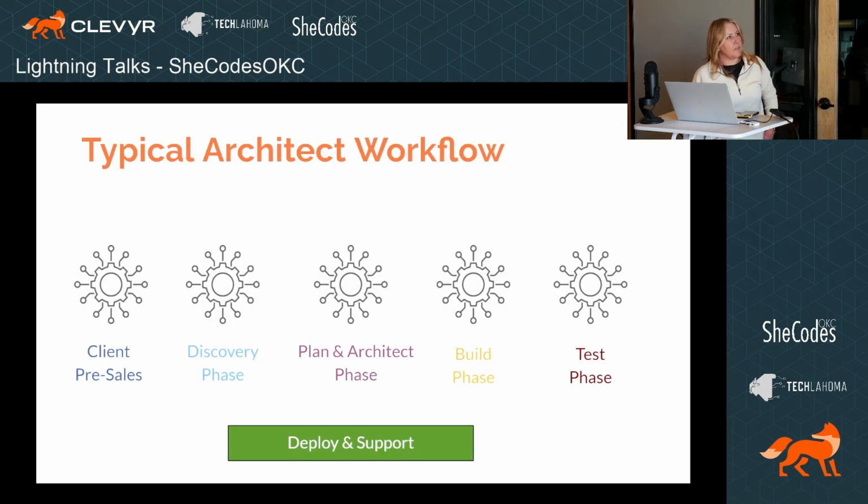A workflow for a typical architect: I always say I am not a salesperson, but I can understand what these implementations look like. So often we're supporting pre-sales conversations when customers are trying to figure out what's the right technology to implement the solution that we're trying to solve for, and I'll come in and be a technical expert in that aspect. Sometimes they have an idea of what they want to do, but they need a little bit of guidance. So we can come in and say, here are our recommendations from a marketing automation perspective, a customer data perspective, or a process automation perspective, normally to help their teams